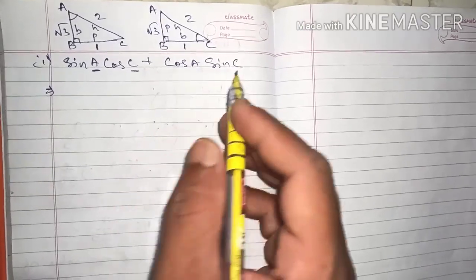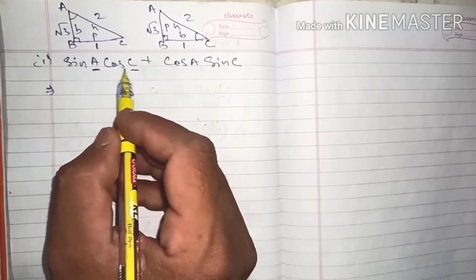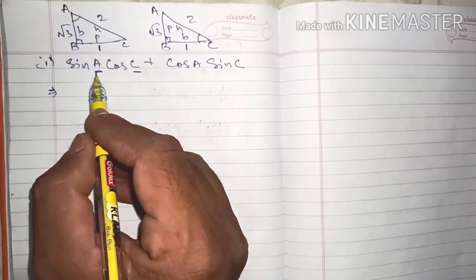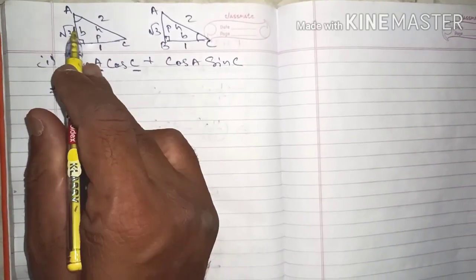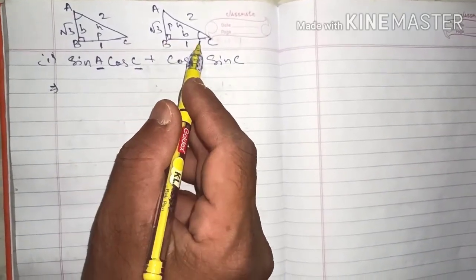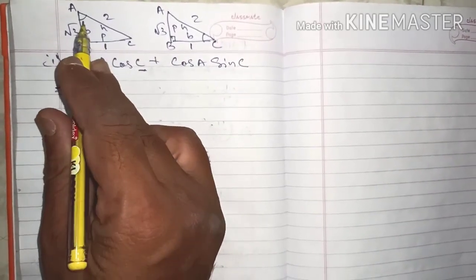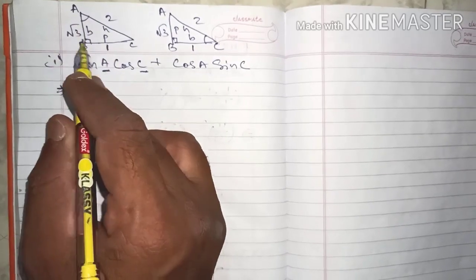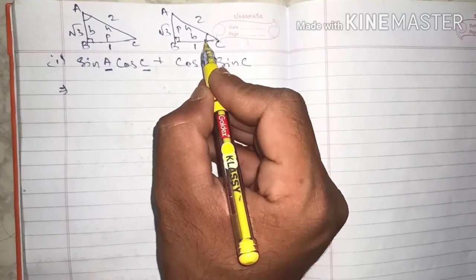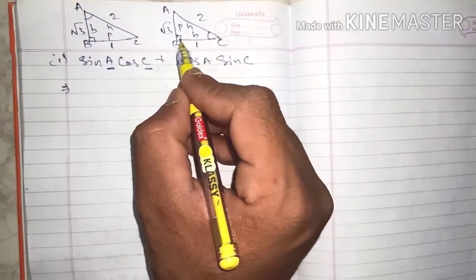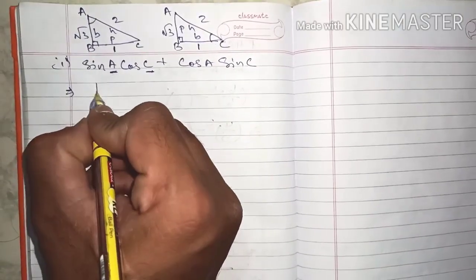We will solve the first bit of the 9th question. As we have already done a few questions like this where two different angles were mentioned, that's why I have drawn two different diagrams, one for angle A, one for angle C, so that we can identify P, B, H. For angle A, here I have drawn a small arc, so this is base, perpendicular, hypotenuse. For angle C, here I have drawn a small arc, so this will be the base, perpendicular and hypotenuse. Now we will write the formulas.